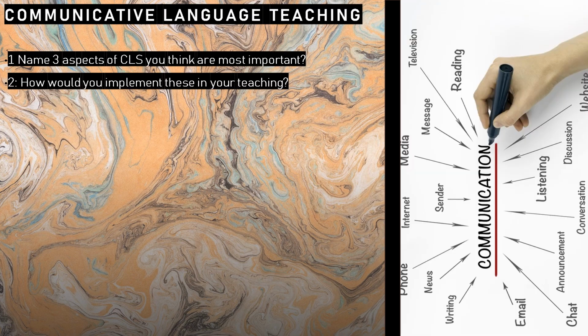Language teaching. The three aspects I think that are most important are task-based learning, error tolerance, and fluency over accuracy. How would I implement this in my teaching? Well, an example would be, instead of writing a report, I would ask them to write me a story or a song. Then once this is finished, I would